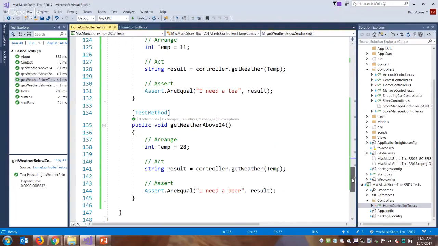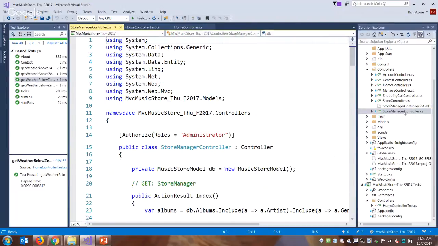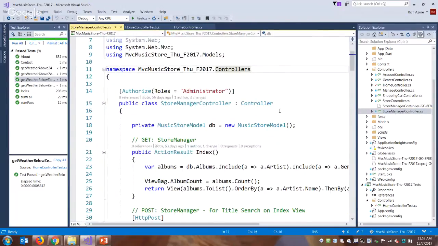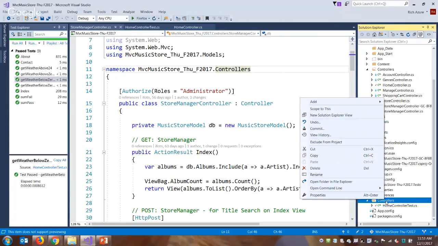We're obviously not going to unit test the entire music store. But in terms of testing our actual MVC controllers that are working with our data, we'll use the store manager controller. So here's the file. So let's make a new test class and we can start testing some of the methods in here. So down in your test project, in your controllers folder, right click and let's add